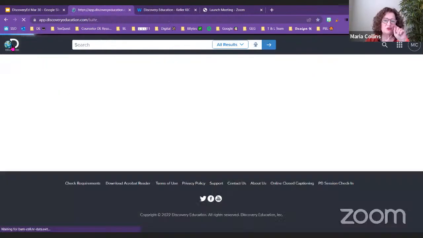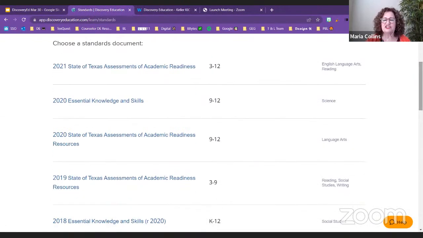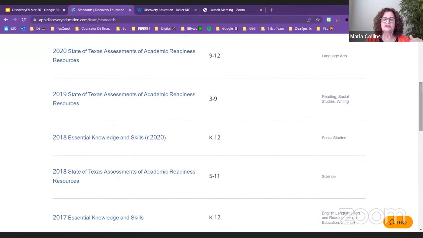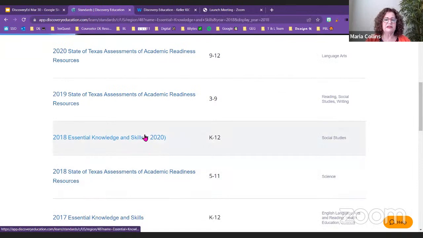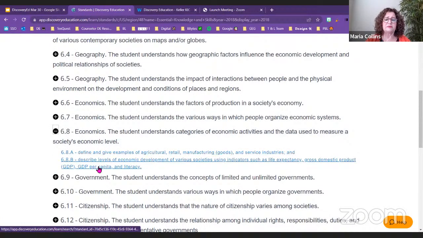But I do want to show you one other quick way, which was actually my favorite way to search for things when I was in the classroom, because you can search by standards. And I'm not going to do it right now because it takes a while to go through the whole thing. But basically, just search by when your standards were released. That's how they have organized it, by when TEA released these TEKS. So find yours, and I'm going to click on that, and then just click on the student expectation, and any that are highlighted in blue means that there is related content.